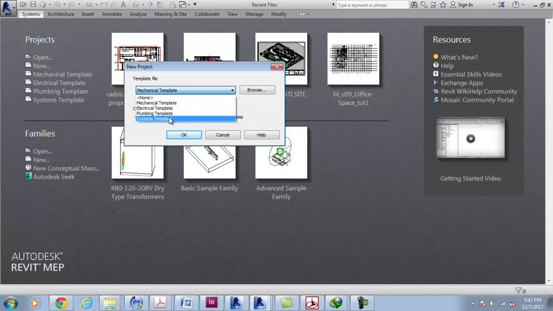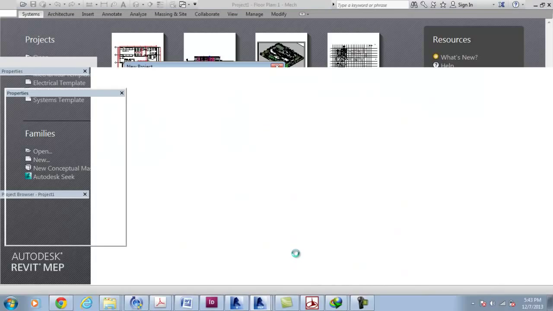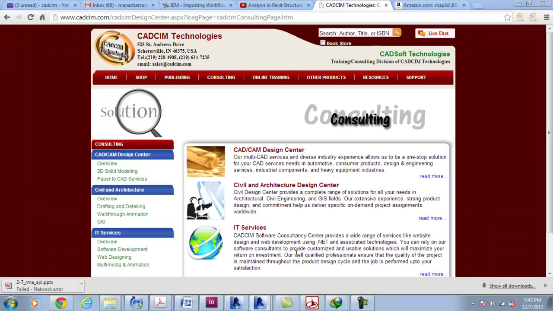So I select the systems template, and here I select the project option because we are going to start with a new project, and choose the OK button. Now the Revit MEP interface will open. It takes time because it has to load the libraries and the other files,